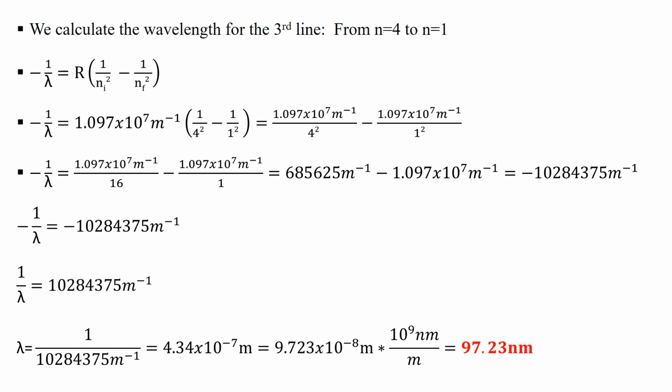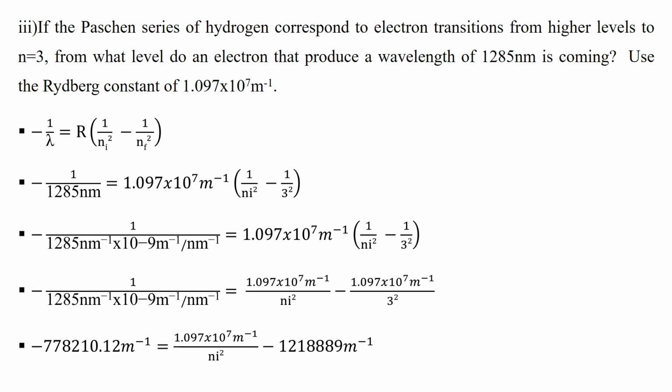The next sub-question is asking: the partial series of hydrogen corresponds to electron transition from higher level to n is equal to 3. From what level is an electron coming that produces a given wavelength? So they have given the wavelength of a photon, and after the wavelength, they have given also the Rydberg constant. Now they are asking for Ni. So they have given Nf is equal to 3. Then they're asking from where an electron is coming to run to n is equal to 3, when the wavelength is